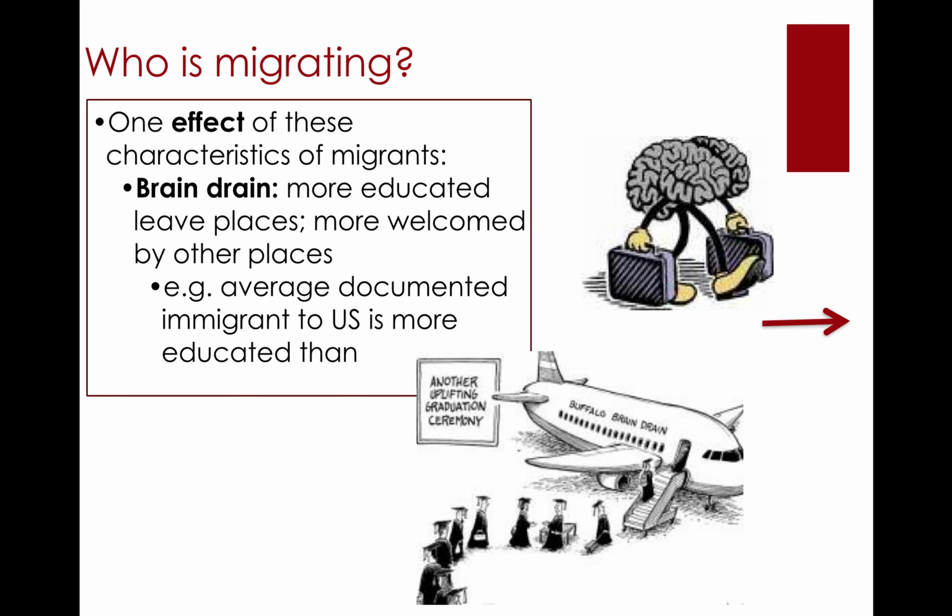The most educated people from a less developed country are more likely to get a documented visa or be welcomed into a more developed country than someone who's not educated. That makes sense; countries want to bring in potential and resources. But it also means the places they are leaving need them most. They need the most educated doctors, researchers, scientists, teachers, and educators to lead that nation into greater development.